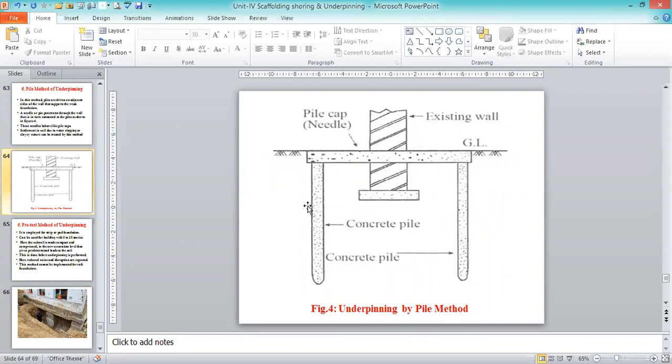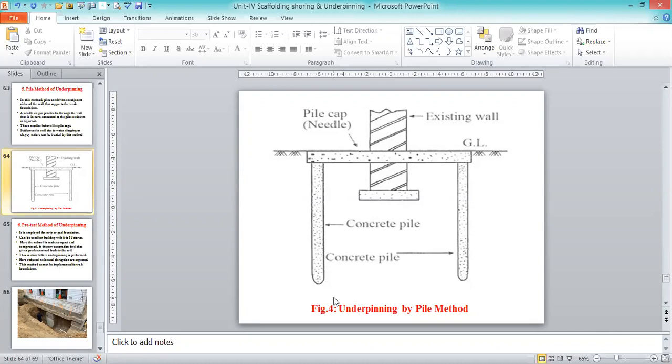We are going for the piles to enhance the foundation treatability, or we can say that the foundation improvement has to be done. This is not for the entire building. This is only for a particular case where we see that the foundation is going to be weak. At that particular point only, we are going to provide the underpinning by pile method. The previous one is called the mini pile method, as well as the pier method, which is done for the entire building, in length and widthwise direction. But the underpinning by pile method is applicable only where weak foundations are there in the structure. So that is the difference with underpinning by pile method.